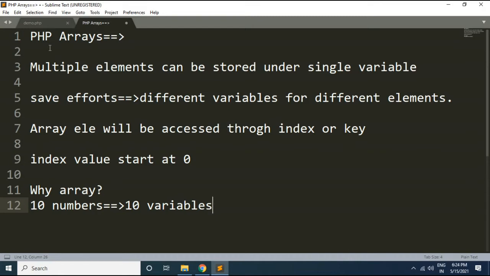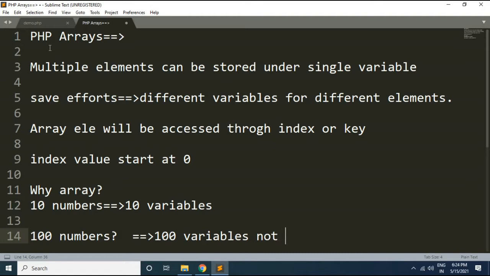Right now we want to store only 10 numbers, so it is okay. But if you want to store 100 numbers, creating 100 variables is not a feasible solution.